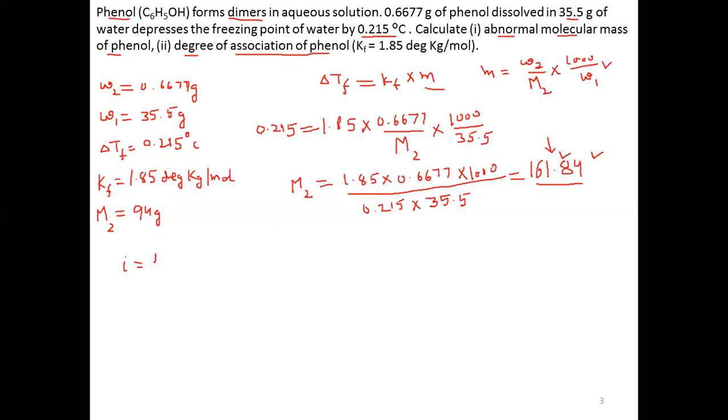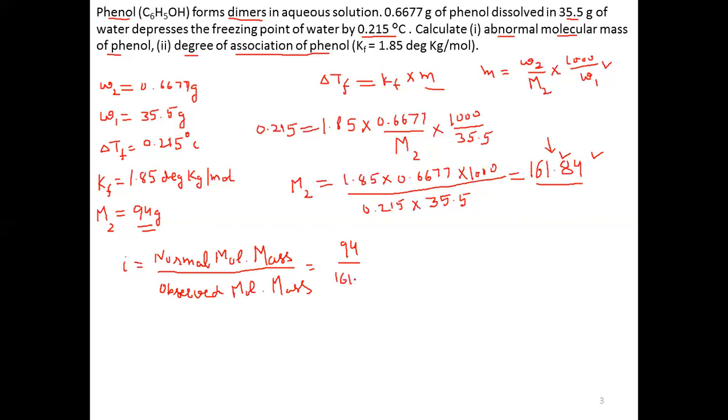So I will write it once; from now onwards you have to remember it. Now, in this numerical, the normal molecular mass that we calculated using formula is 94, as the solute is phenol. So 94 divided by experimental value,